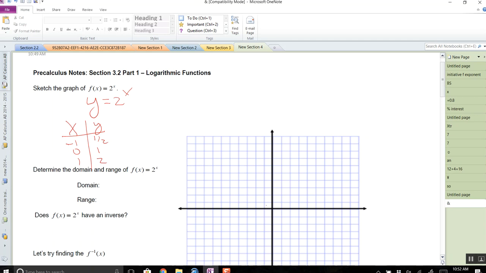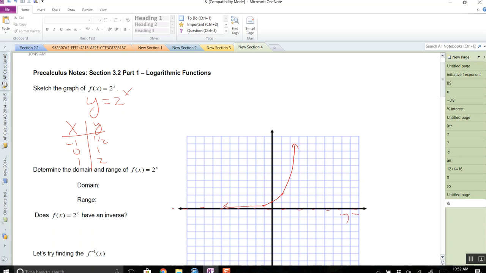So you plot your points. You draw the curve. It looks like that, right? Okay, not the greatest graph. I could do a little better than that. That's a little better. And also there's an asymptote